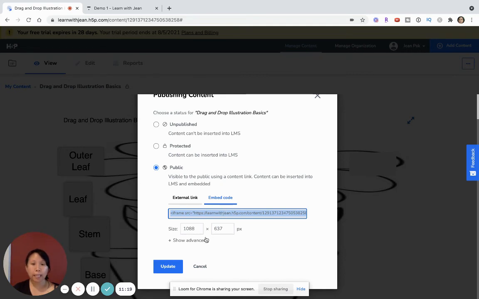So this is my link. And then, as I said before, you can customize the size and the pixels so that it really adjusts to the different browser experience, and also whether they're using laptop, mobile, or tablet. So now that I've copied this link,